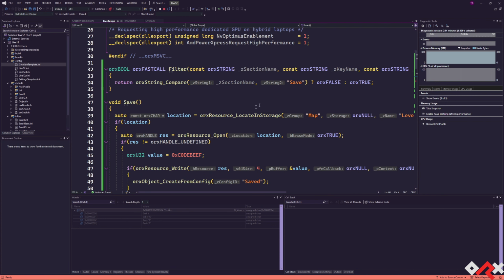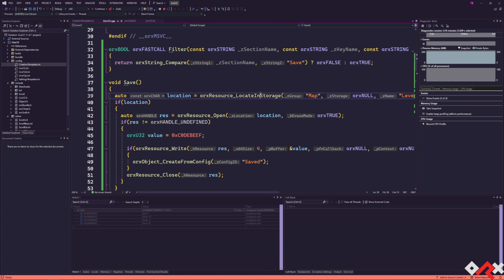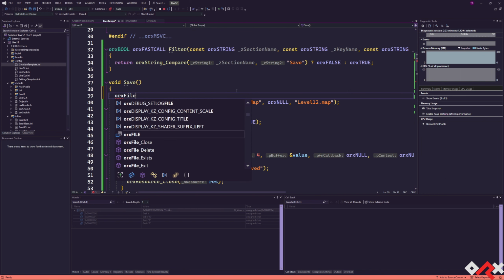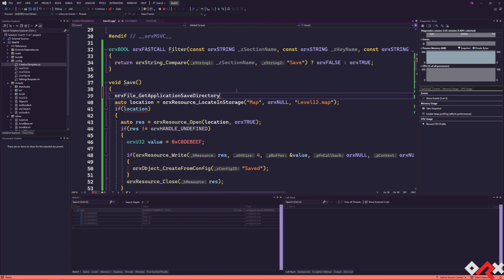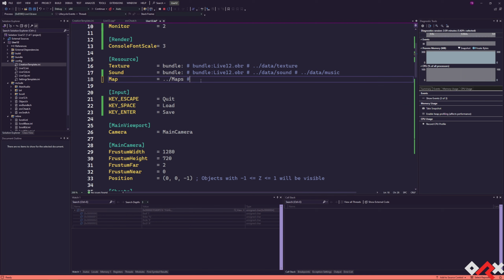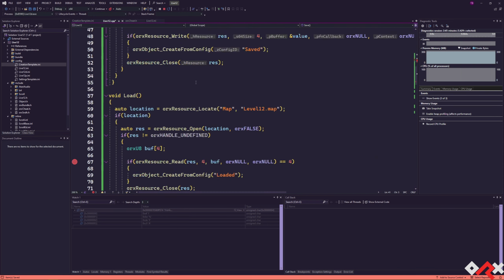You can actually combine here. So instead of having the located in storage here, I can use the aux file get application subdirectory, and I can use this as a path for my resource, and I can still use a resource there, but it will only work with that specific path, right? It's not going to work with any other kind of resources, but I can put that path as part of the resources, or I can add it programmatically at the init, for example,